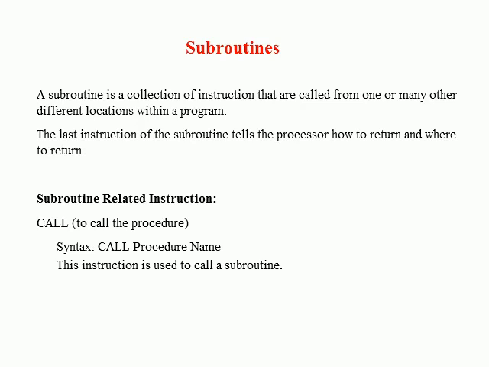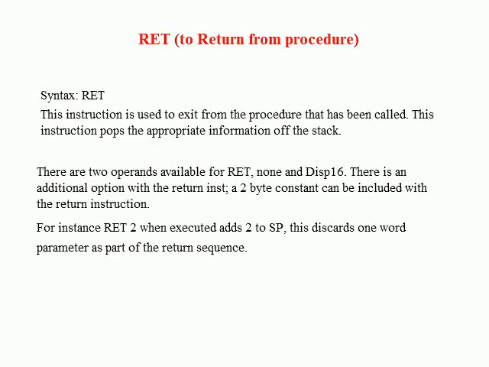Also, a subroutine is a special segment of a program that can be called for execution from any point in the program. An assembly language subroutine is also referred to as a procedure. It is called a procedure call. As we know, it uses two types of instructions, the call instruction and the return instruction. We will see them one by one.